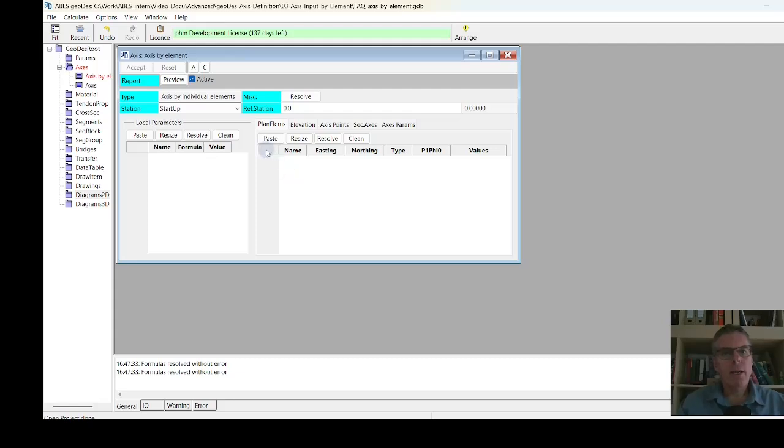So let's enter our first line in this table of axis elements. The first line serves the purpose of defining a starting point, and I'm going to start at 0, 0. And if we want it, it also serves the purpose of defining a starting direction, and I'm choosing 30 degrees here. Let's put another line,